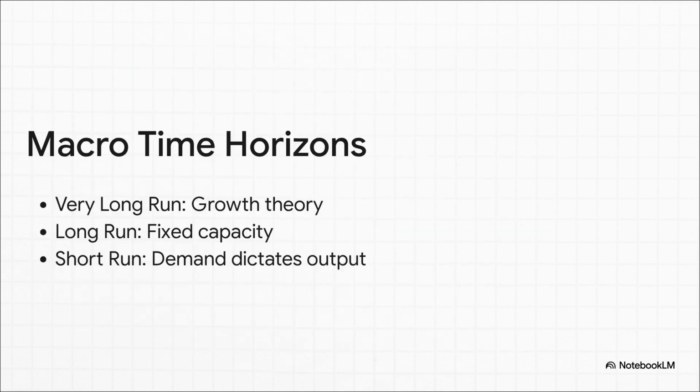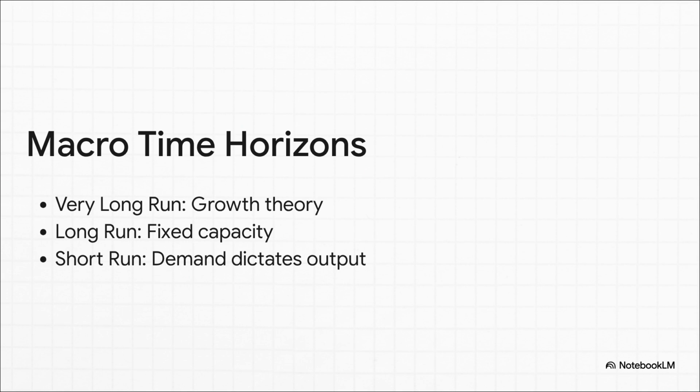Now, macroeconomists actually use completely different analytical lenses depending on the time frame they're looking at. In the very long run, which spans decades, nothing matters much except technological breakthroughs and capital accumulation. That's what actually doubles a nation's standard of living over time. In the long run, our productive capacity is largely fixed, meaning supply alone determines our total output. But here's the kicker. In the short run, prices are rigid. It's aggregate demand, meaning how much people actually want to buy, that dictates output and causes those painful recessions or